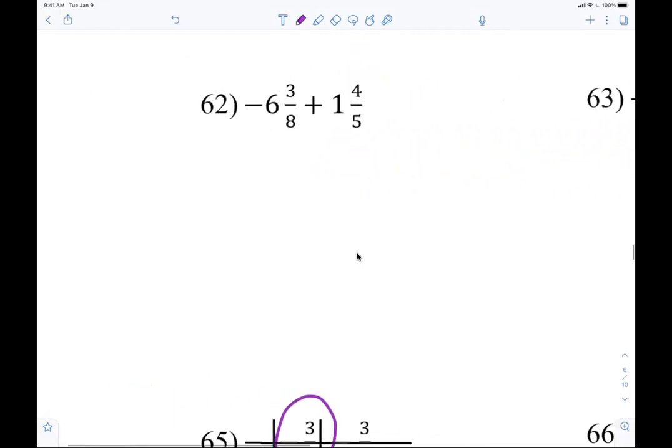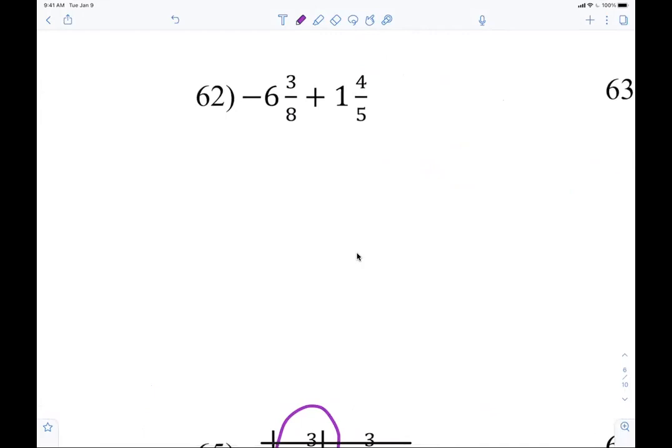All right, here we go. You got a good one. What's common denominator? Right. Am I adding or subtracting? Nope. Why? Right, exactly. One's negative, one's positive, right? So I definitely have to put is the final answer going to be positive or negative? Thank you. All right, so now I'm just gonna put 6 3/8 minus 1 4/5.